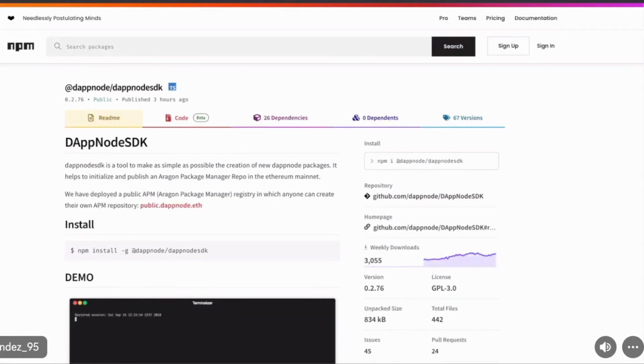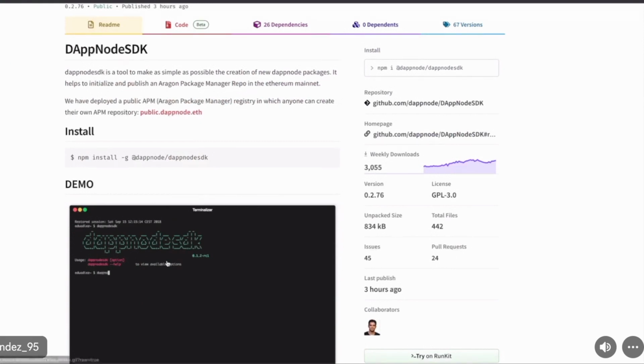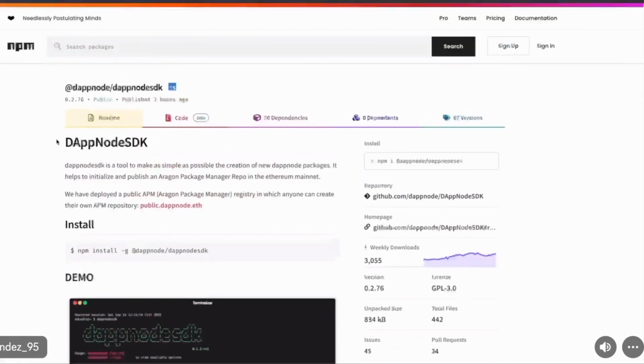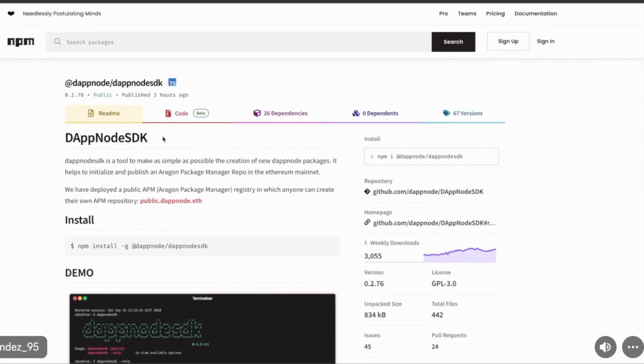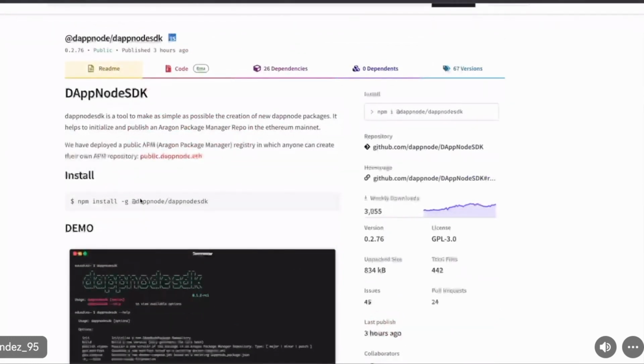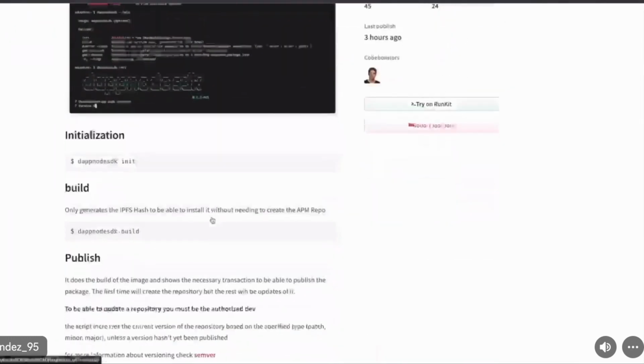And if you want to read the doc, the README, and check a small demo on how to use the commands, you can get into npm and look for dappnode/dappnodesdk. You can see this command, how to install it globally, and so on.